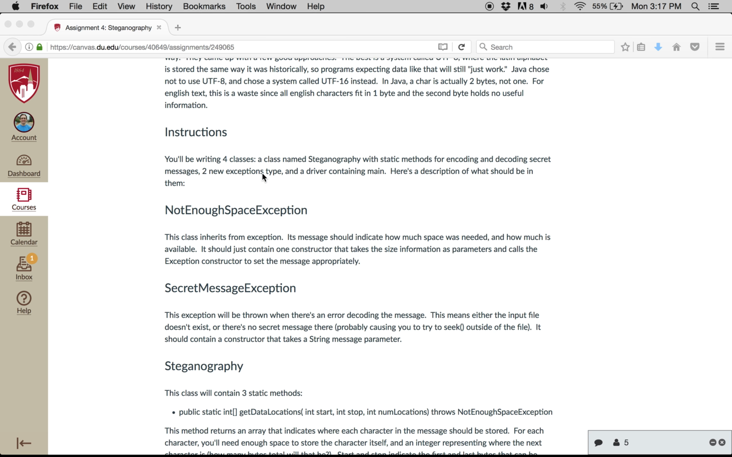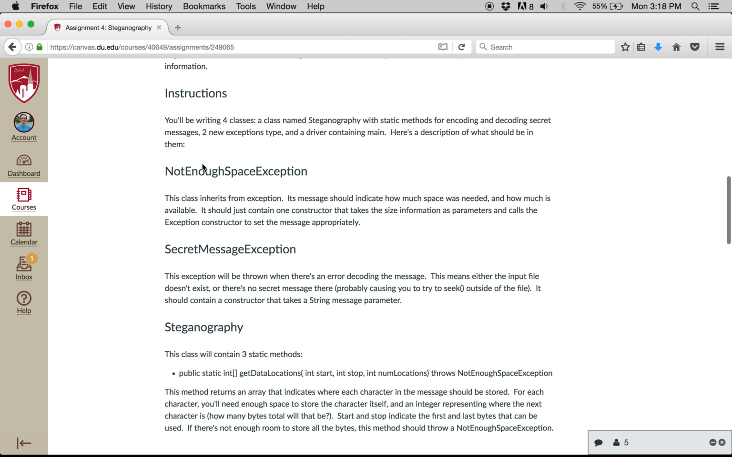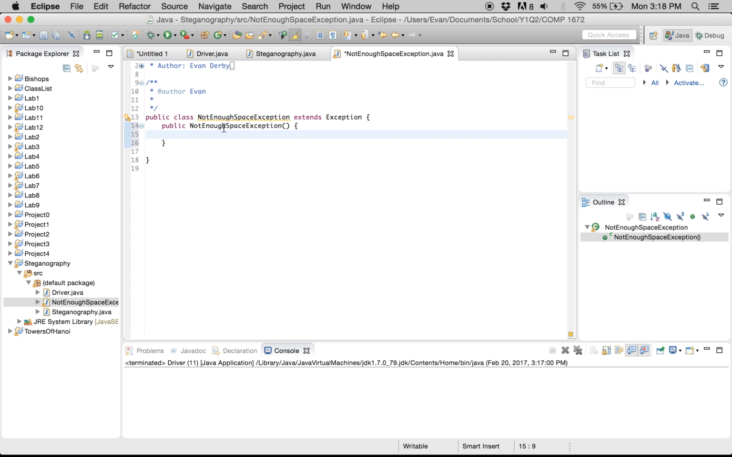Now, if we look at the specification for this exception, it says that its message should indicate how much space was needed and how much space is available. It should contain one constructor that takes the size information as parameters and calls the exception constructor to set the message appropriately. So whenever you create an exception, the